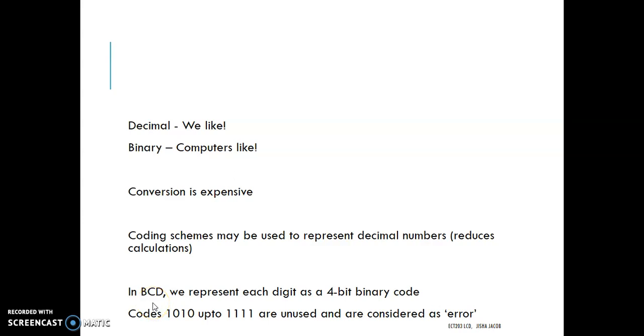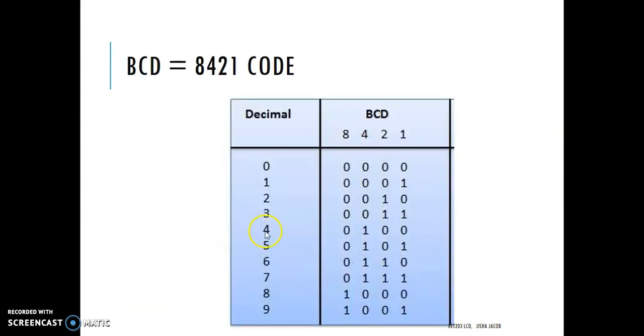For example, we have decimal digit 0. The 0 is represented as 0000. You might argue that this is actually binary. Yes, this is actually the binary of the decimal digit 0. 1 is 0001. But what is the difference between binary and BCD? It goes that BCD exists only for digits 0 to 9, exactly as in the case of decimal. Decimal is 0 to 9, BCD is also 0 to 9.